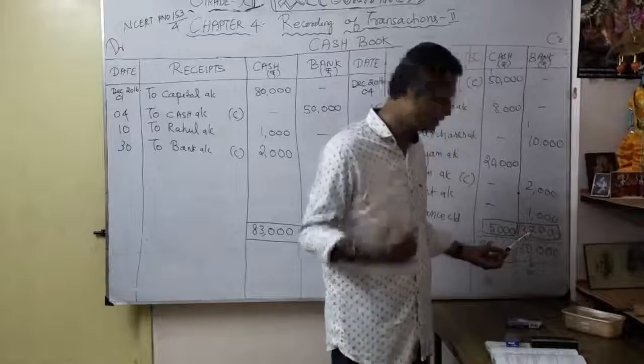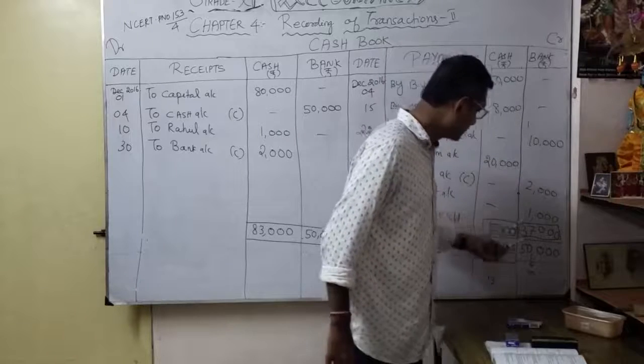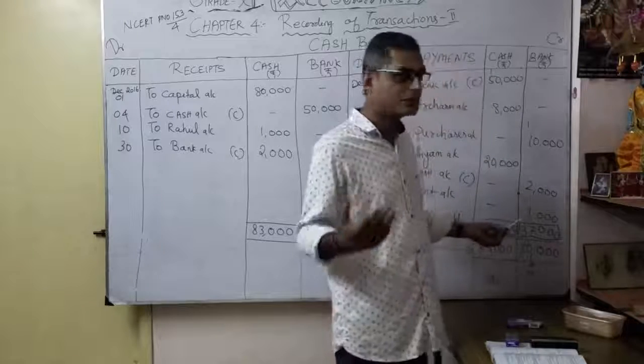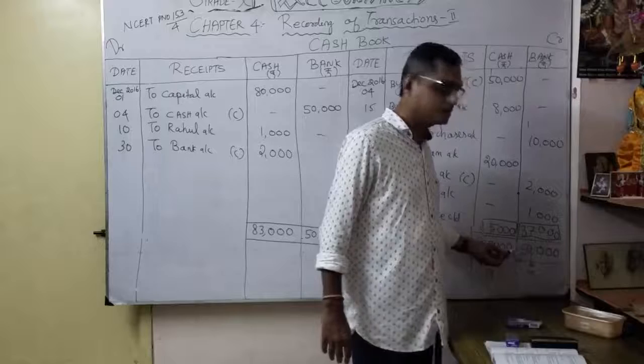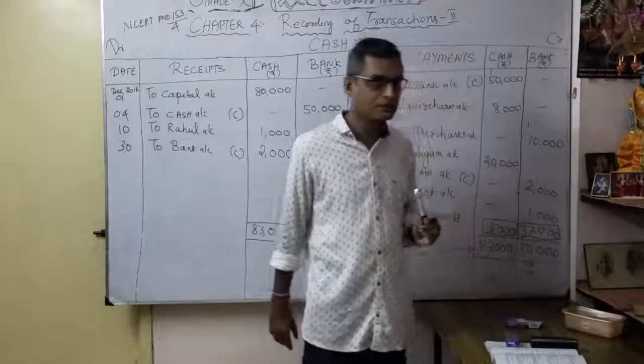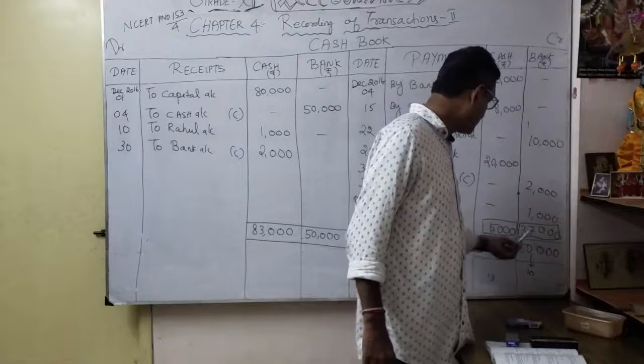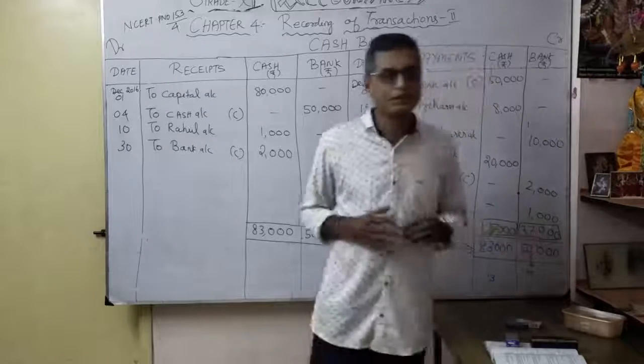So balance 1. This balance 1 I carry over. So 1 plus 1, 2. So here 5. Which number do I have to add? Add 3, carry. So 1 plus 1, 2 plus 3, 5. So the balance is 37,000. Simple. From 50,000, deduct 23,000. You get it? 37,000 is the balance.